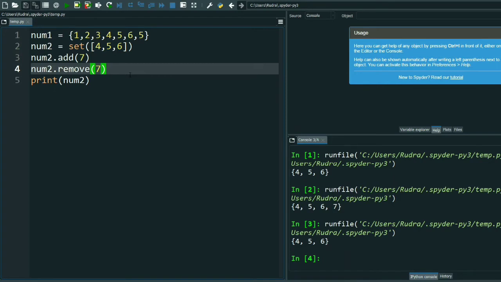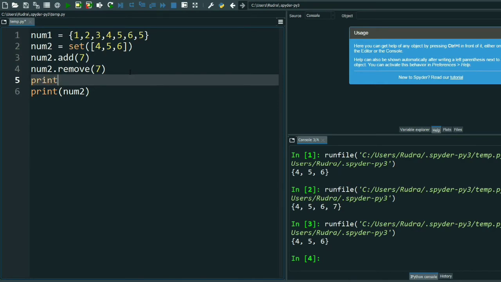Now I will show you in and not in. Suppose I want to check a number. Suppose I want to check that 7 is there in the set.